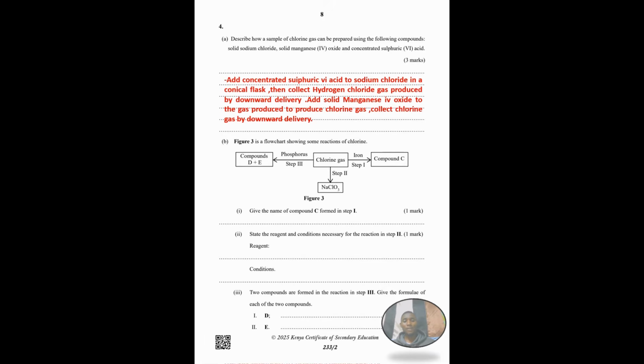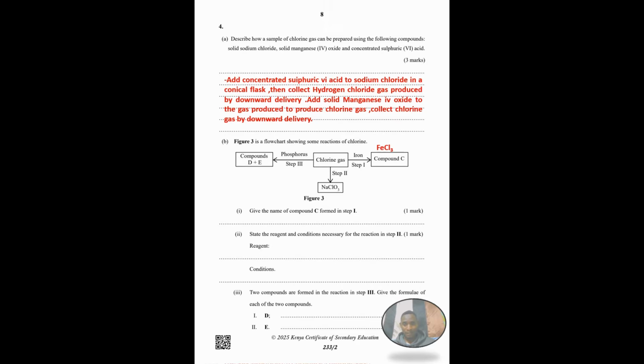So in this case, we have chlorine at this point. We're starting with chlorine gas, and then we move to step 1. Chlorine is being reacted with iron. So chlorine being reacted with iron will lead to formation of iron 3 chloride. Then moving to step 2, chlorine is being reacted with something in step 2 and leads to formation of sodium chlorate 5, and then we move to chlorine gas being reacted with phosphorus, and it leads to formation of two products, D